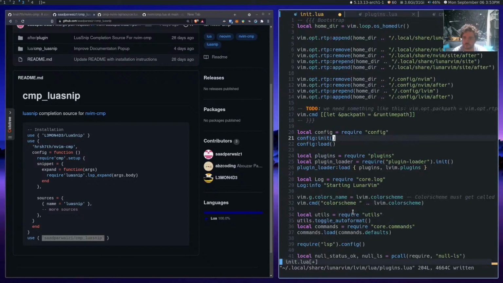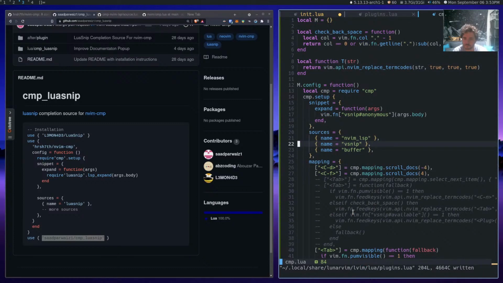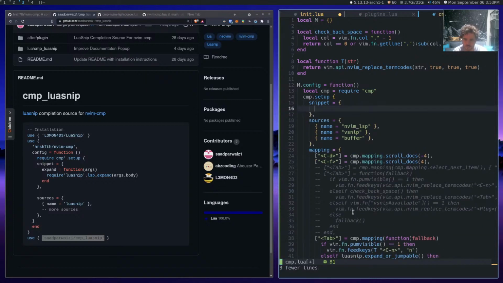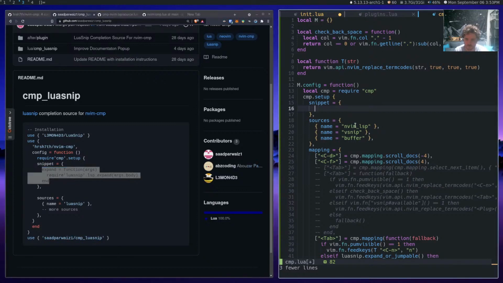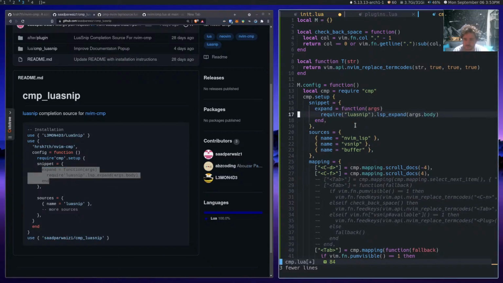And now if we go back to Compe and we get rid of this inside a snippet here, and then inside the snippet we'll grab this. And then we'll get rid of vsnip and put in Lua snip like that.